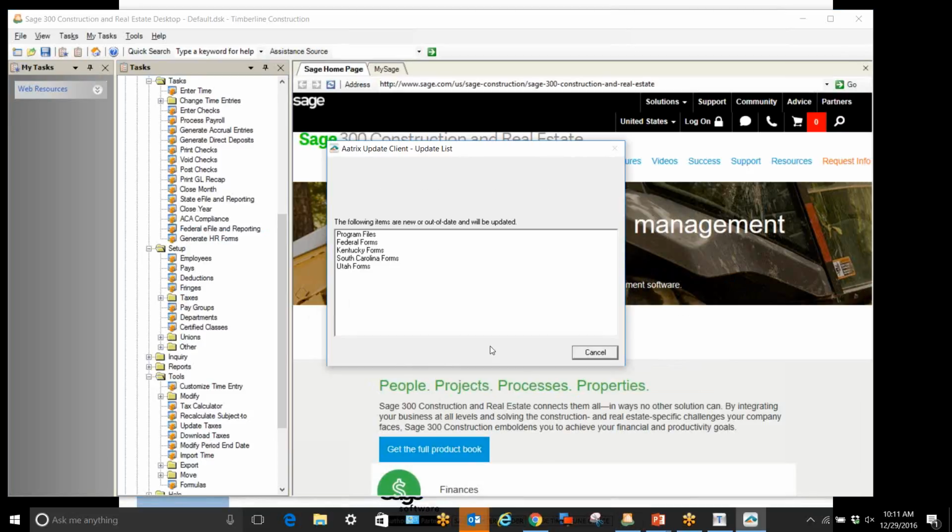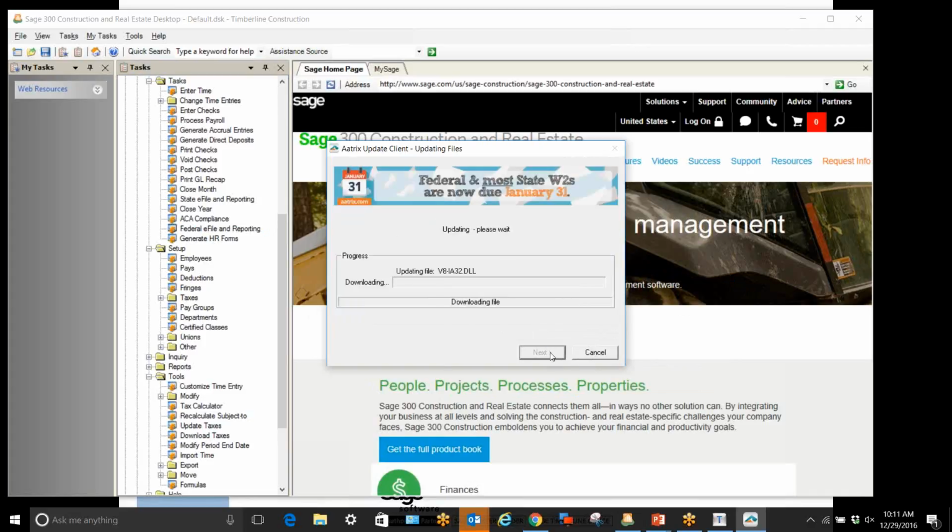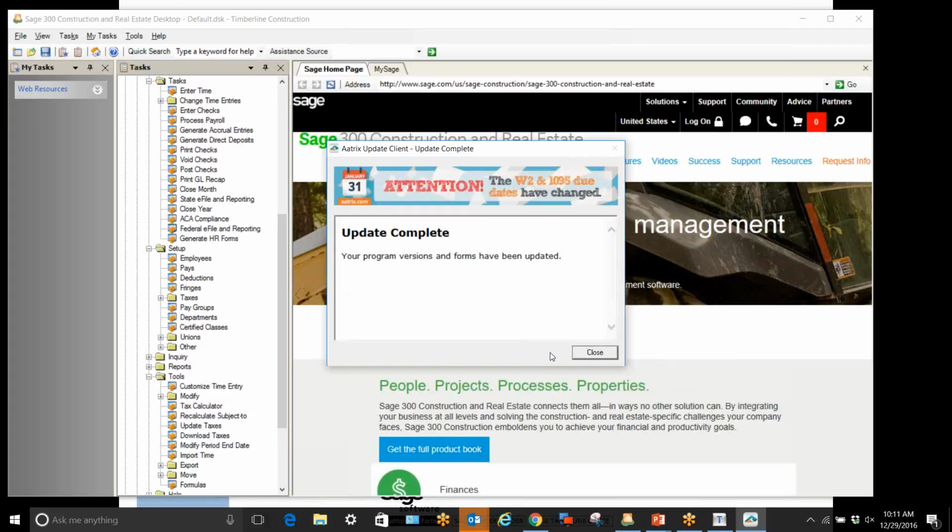Again, this time of year, there's a lot of Atrix updates that are happening. It might be a situation where North Dakota has changed one of their forms, or the North Dakota form was updated in Atrix. Well, that might not have anything to do with you, but Atrix doesn't know what forms you use and don't use, so it just updates them all. So just be aware